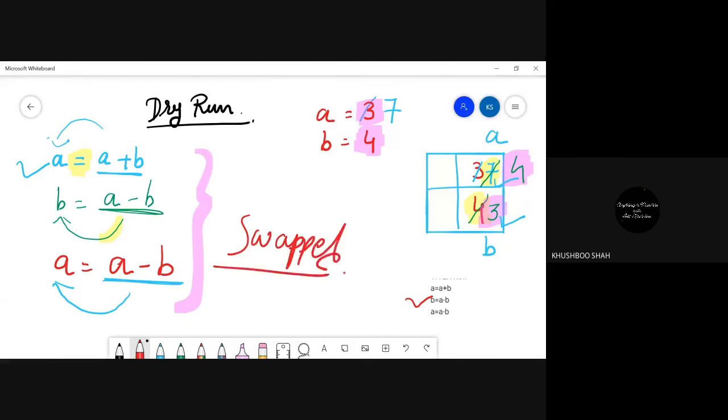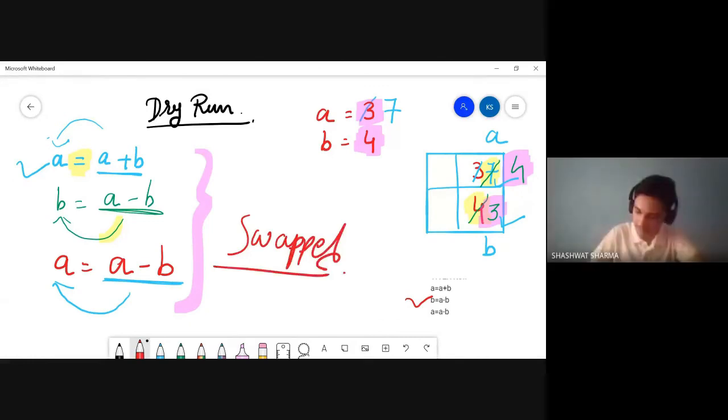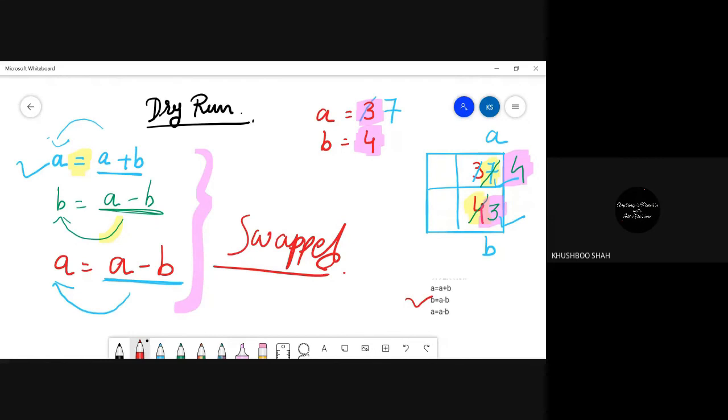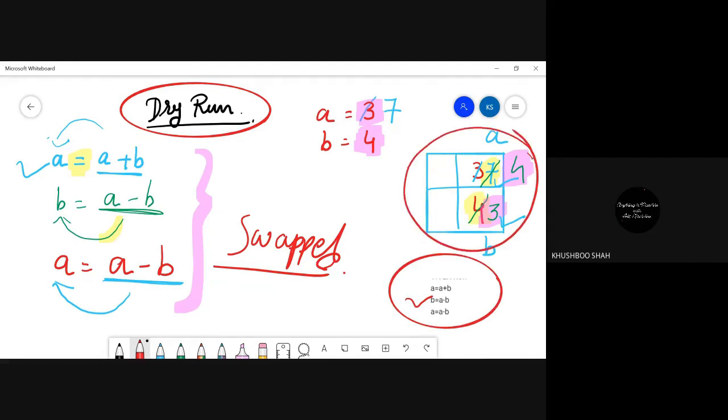Understood, everyone? So this is called a dry run. When you do this kind of thing on paper, you just want to check how your code works and what the situation is inside the memory. This we call a dry run.